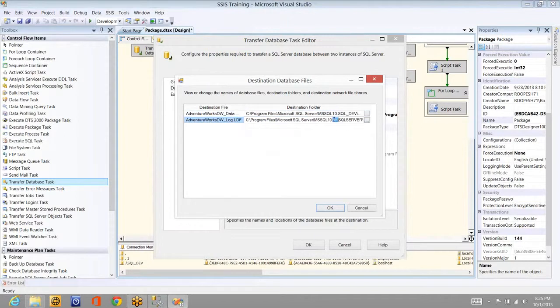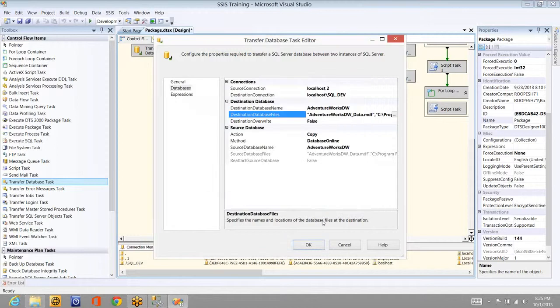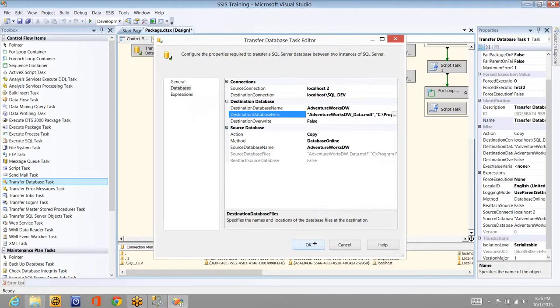And here the destination folder will be the same hierarchy. The folder structure will have the same hierarchy, but the only difference will be MS SQL 10.SQL dev in the SQL dev instance, and for the other one it will be the MS SQL Server instance.